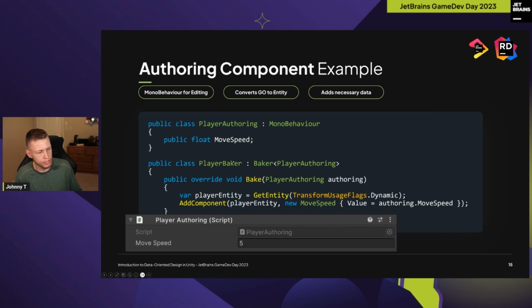So we have to use a baker to essentially look at the authoring components. And then from there, you see that this last line, what we're doing here is we're saying add component, we're adding to this new player entity that we've created. We're going to be adding a new move speed. And here we just set the underlying value to authoring.moveSpeed. So that's how we can have the ability to set things in the editor and have them reflected